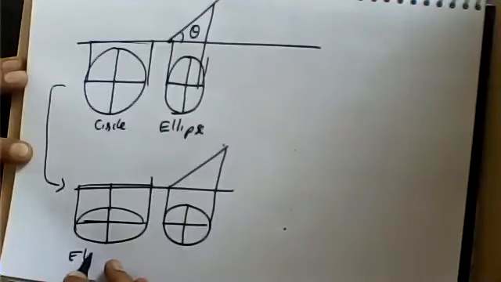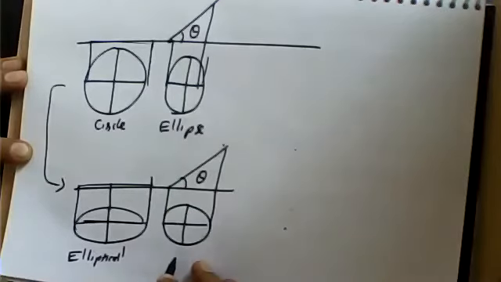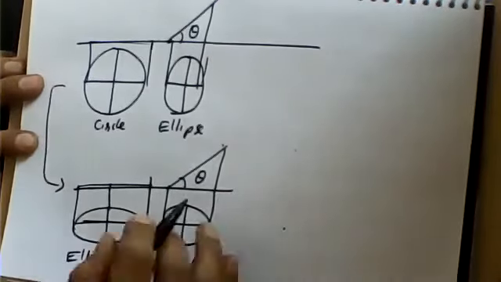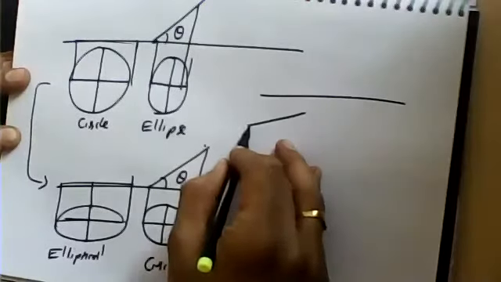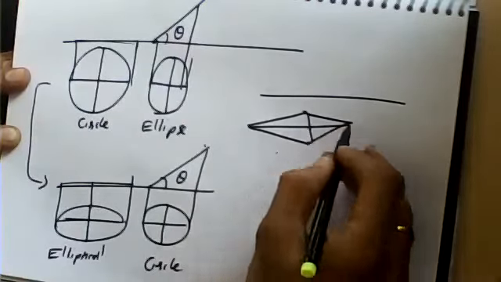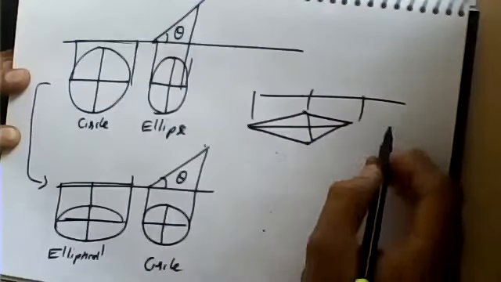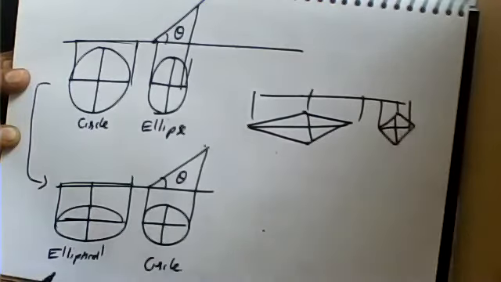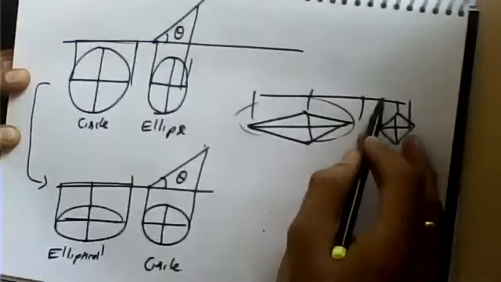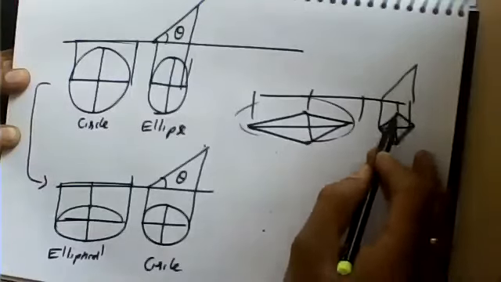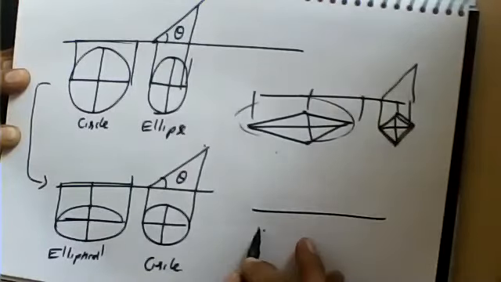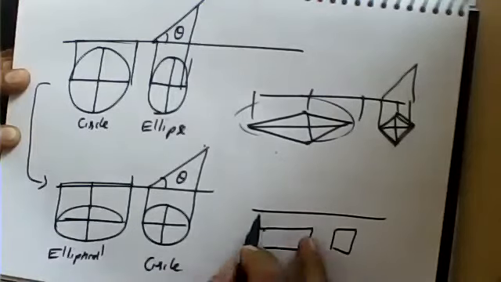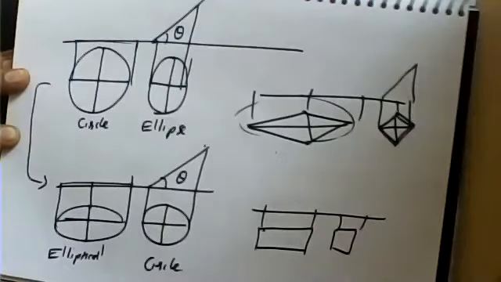When an elliptical plate is becoming inclined to HP, we are finding a circle. In a similar manner, if I have a rhombus over here, and if that rhombus becomes inclined to the horizontal plane, I'll be finding a square. Is it clear? If a rhombus is inclined to HP, I'll be finding a square, but this square is somewhat different from the condition we had seen. Is it clear?